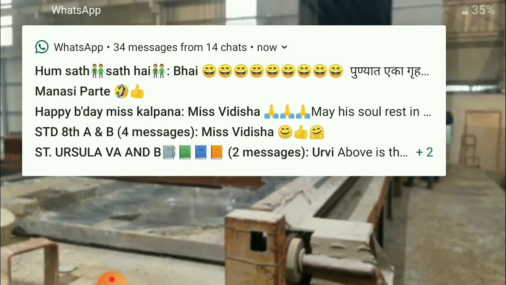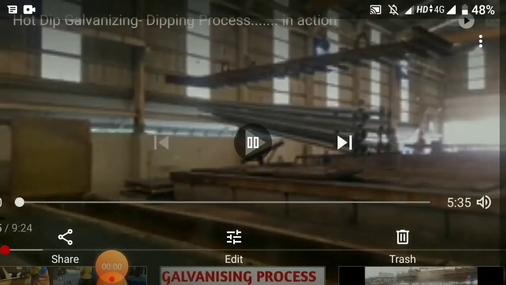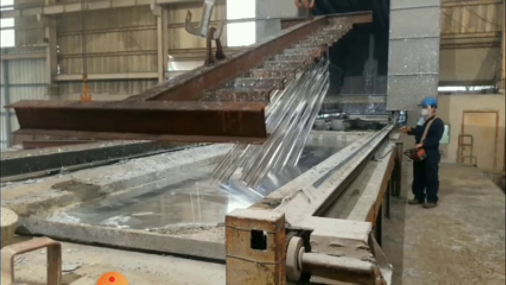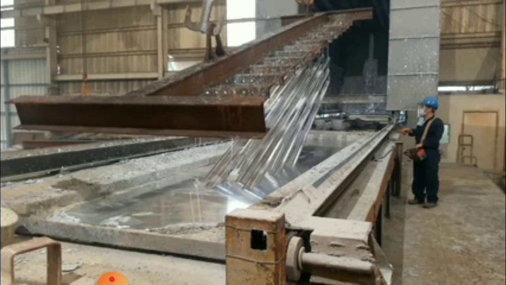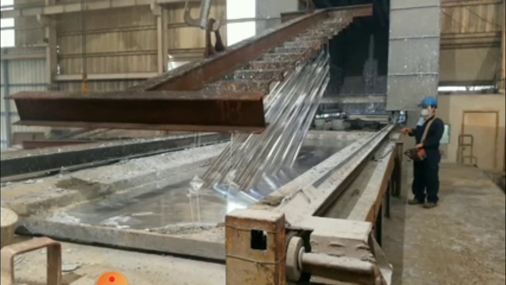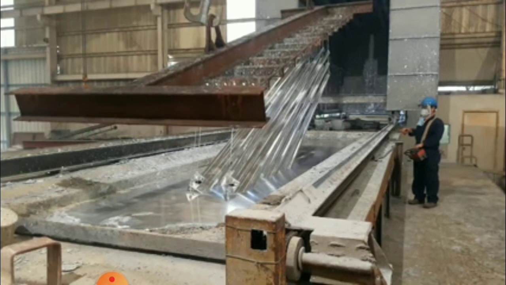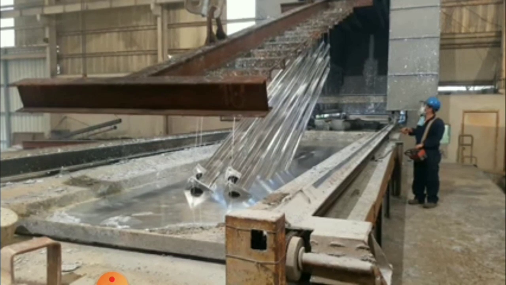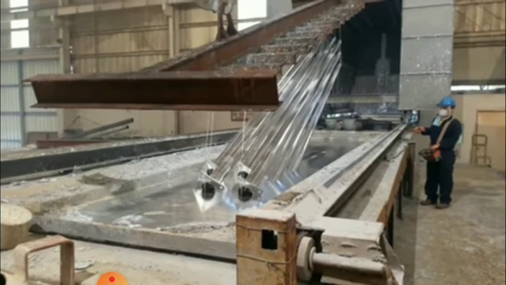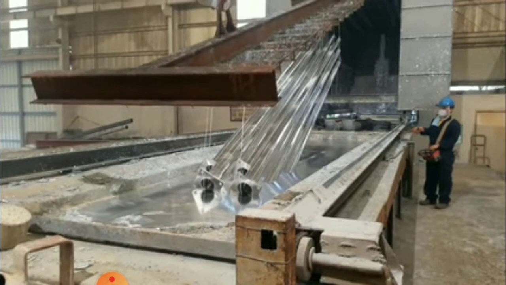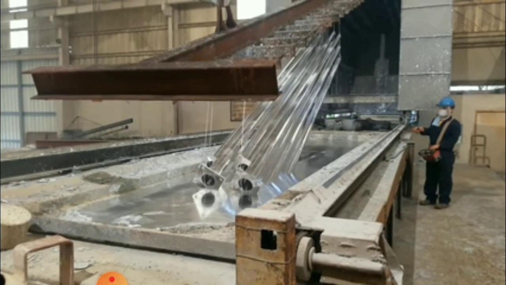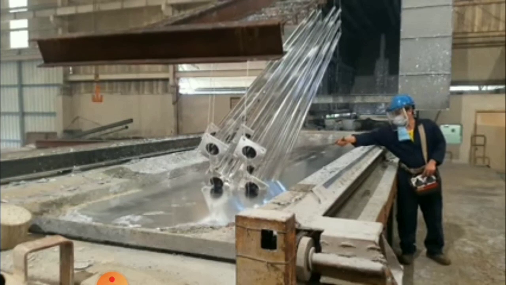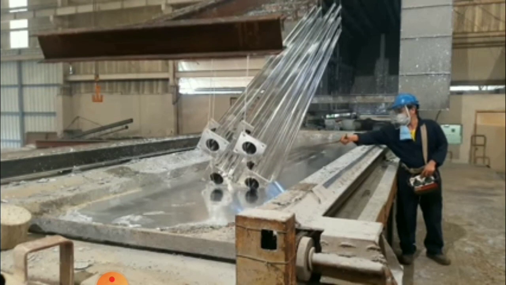And then slowly you will get the iron article which was dipped inside, with a silvery shine, galvanized. Zinc coating. It looks so beautiful. Then it will be dried.